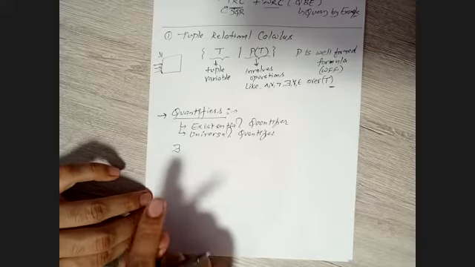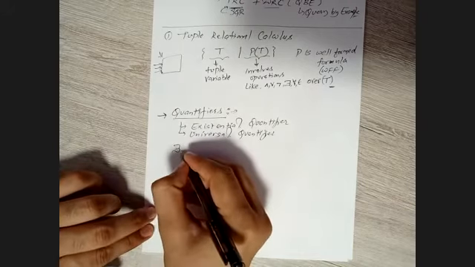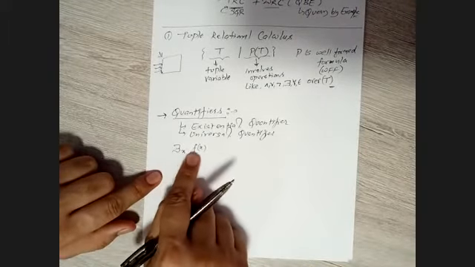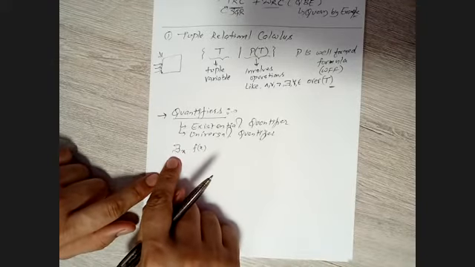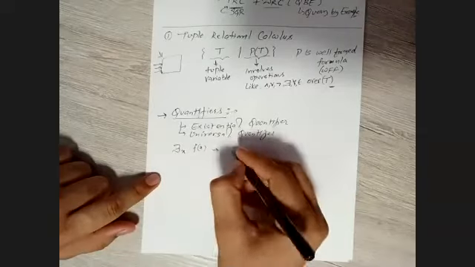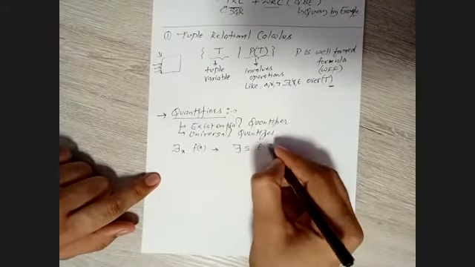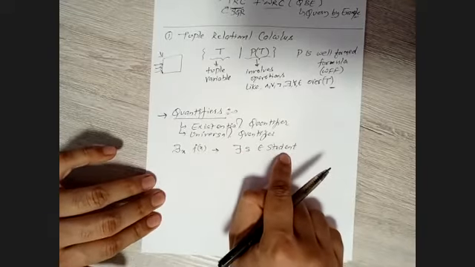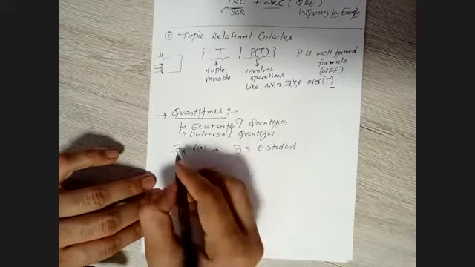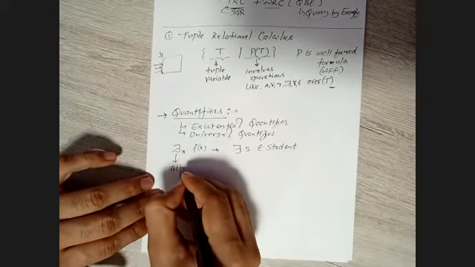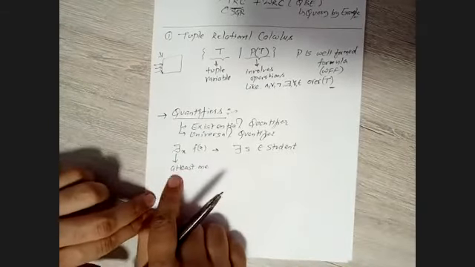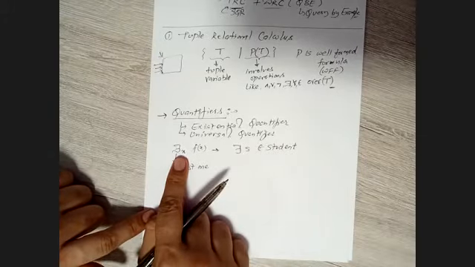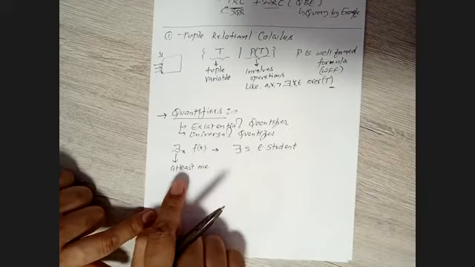It means the formula must be true for at least one instance. For example, if I say there exists x such that f(x), it says f(x) must be true for some value. For example, if I say there exists s belonging to the student table, it means whatever s value we have should belong to the student table. Formally in English, "there exists" means at least one; at least one should be present. That is what the existential quantifier says: it must be true for at least one instance.